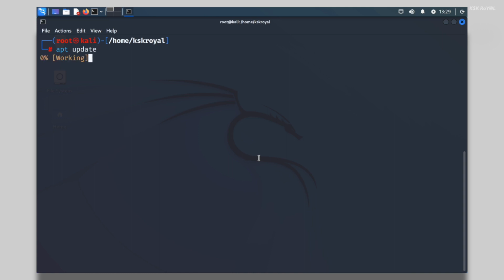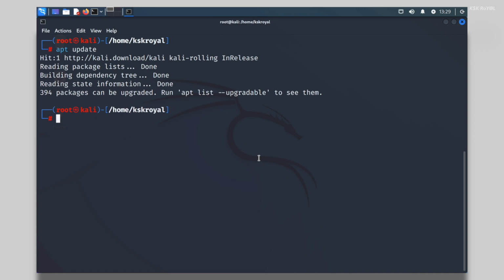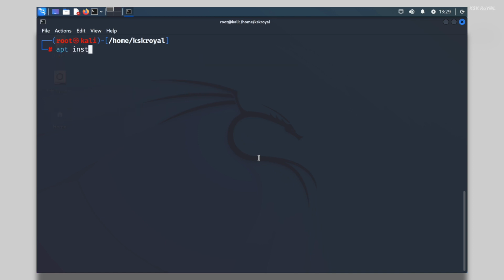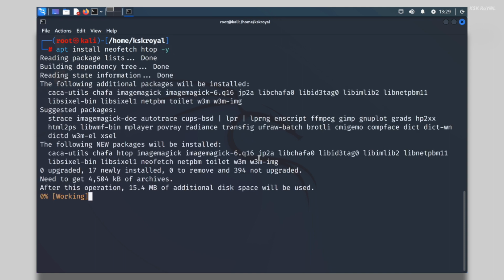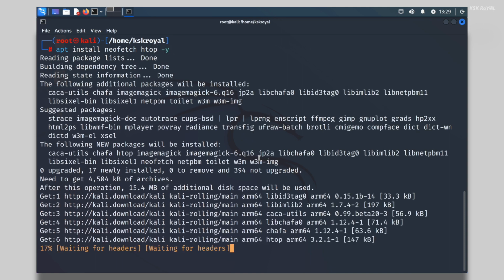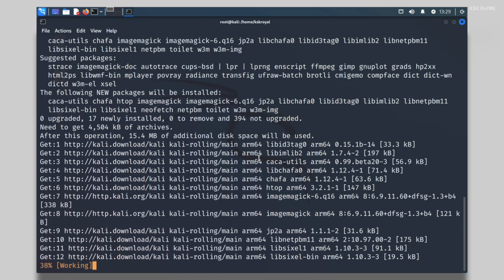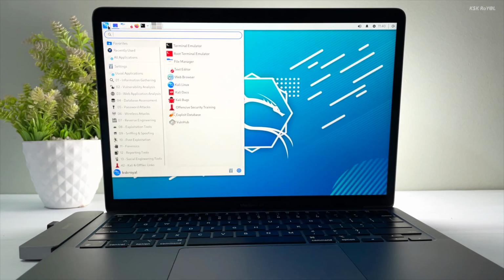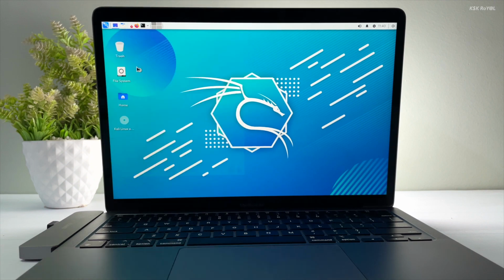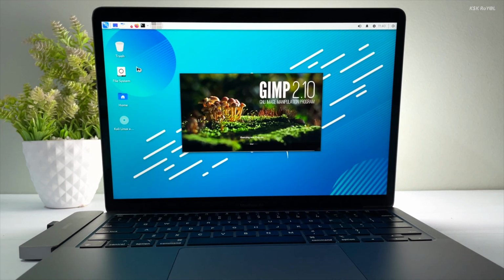As you can see, Kali Linux looks much better than UTM. The only caveat is that it uses software rendering and you won't see any animations or transitions, which is kind of a bummer. Now apart from that, the software rendering is outstanding. You won't face any lag or hiccups in terms of performance. The UI feels very responsive and faster. Most of the pre-installed applications and tools are working fine without any issues.